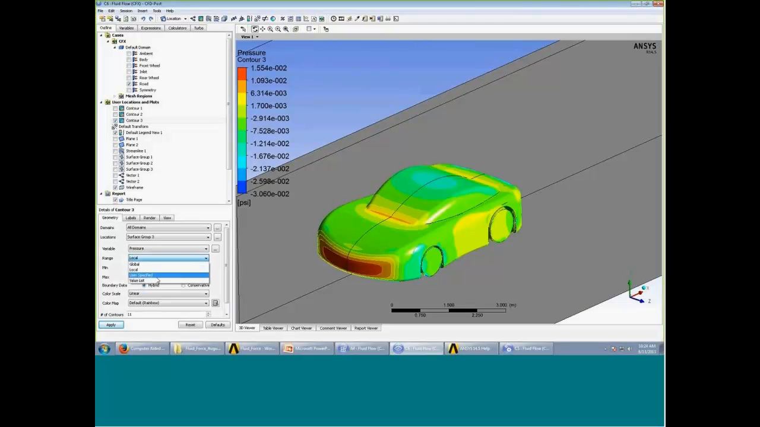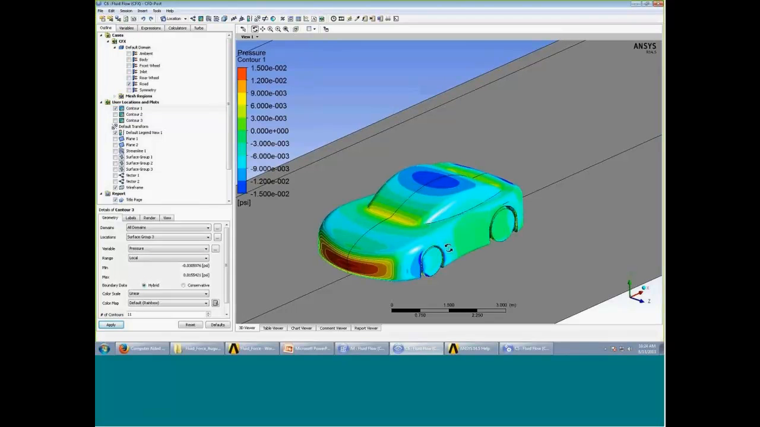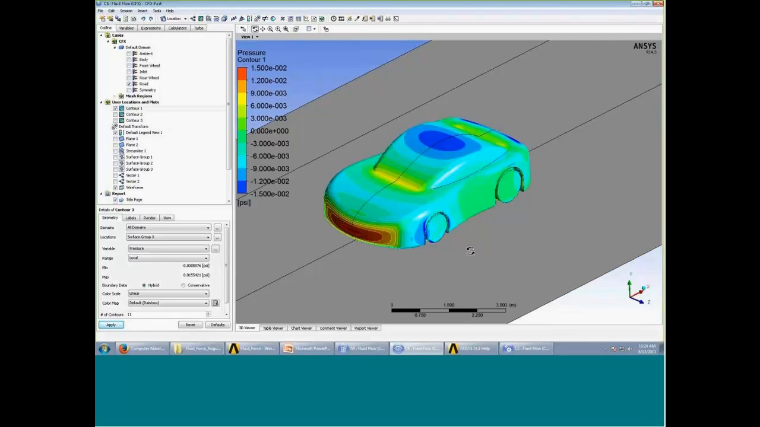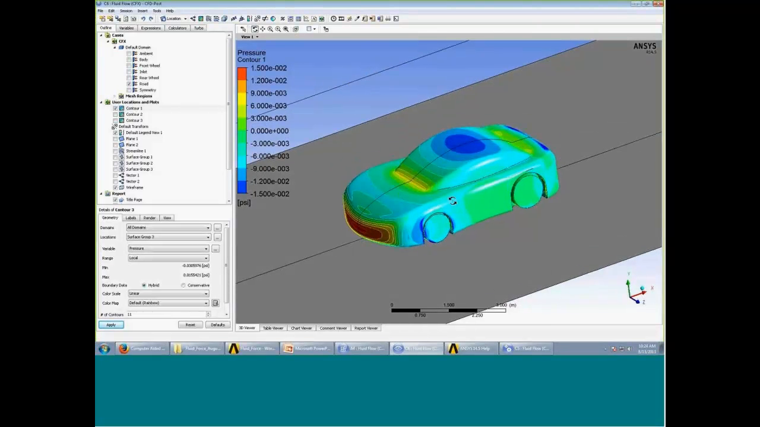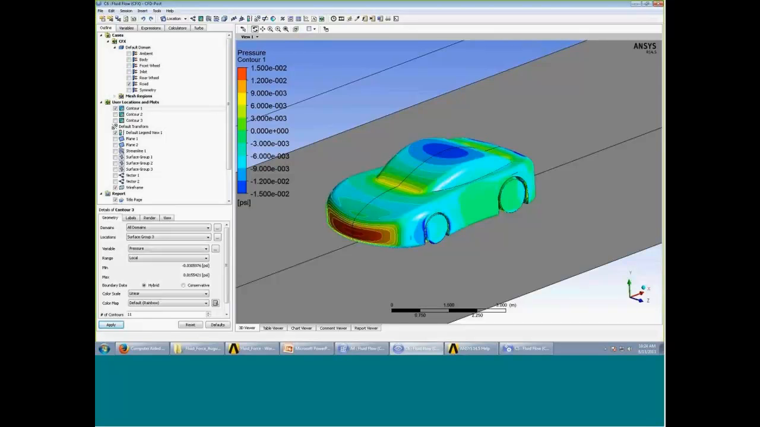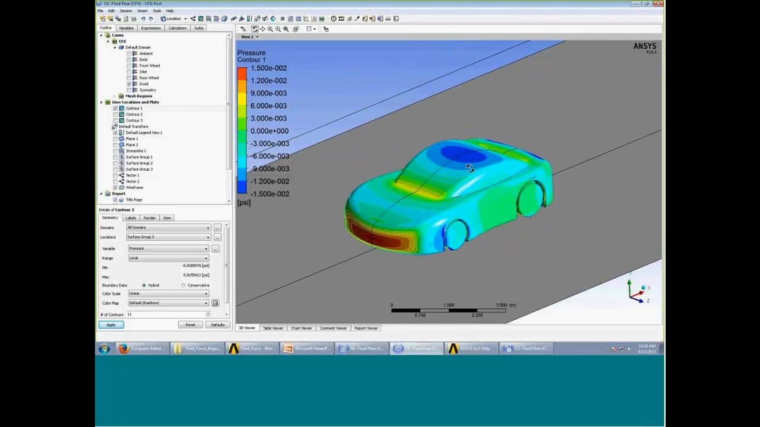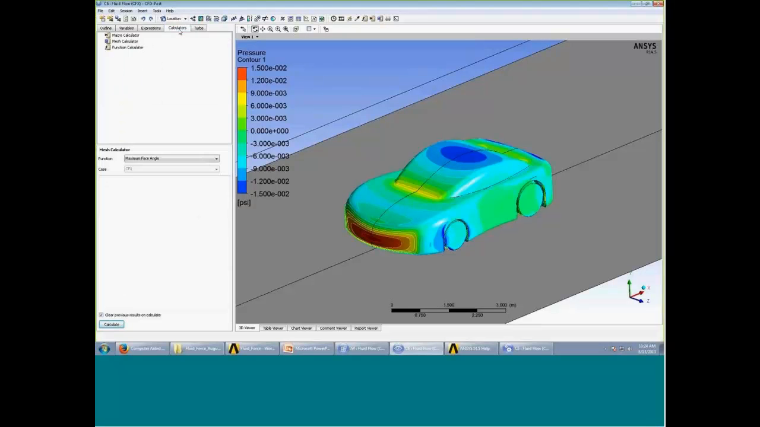I can change the contour values so that they more clearly show what the flow looks like, and verify that things are behaving as I would expect them to be. Now from here, what I want to do is start to calculate some more quantitative results. So rather than just visualizing what the flow looks like and getting a qualitative feel for my analysis or for my device, I can use the calculators to get a more quantitative